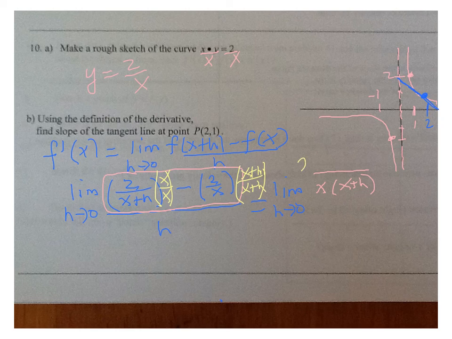So I'd have 2x minus 2 times x plus h, and we can't forget that we still are dividing the whole thing by h. That's as far as I'm going to take you. I want you to work on the algebra there to simplify it. I will tell you that the overall derivative